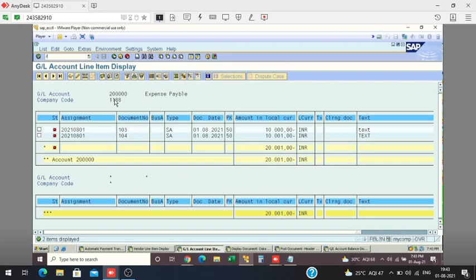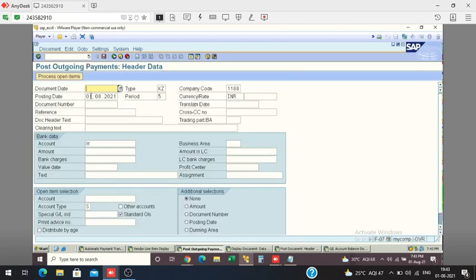Payment types means you have to run T-code F-07. Okay, so 01, document type SA, narration.